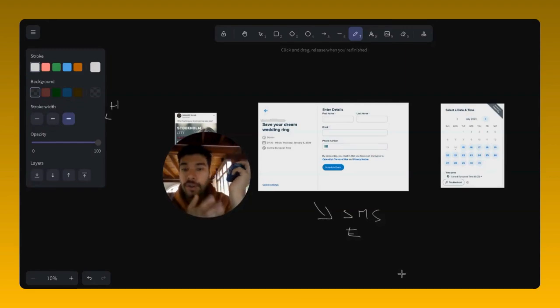Now, if you don't want to call them, which most goldsmiths actually don't, right, calling is the best way, I promise. But if you don't want to call them, then you can also SMS them and email them, and you could just DM them, right? Because you know who they are, right? And they want your dream wedding rings or earrings. So that's an integration that we can do completely for free, and is the best way because after they submit this,